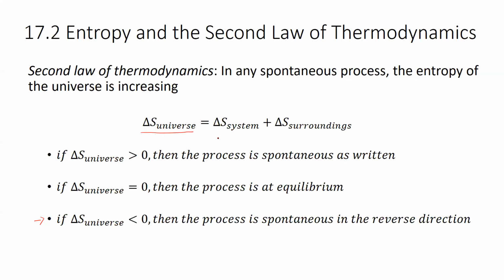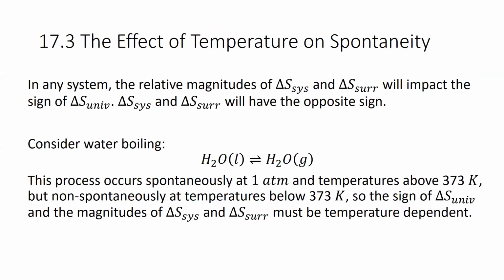And so the entropy change of the universe, all of the entropy out there, is going to equal the system's entropy change that we're interested in, plus the surroundings' entropy change, the everything else besides the system. And as we start to put this together, hopefully it'll make sense how this works. Remember, we're looking at the distribution of energy. So if we think about a system in general and how the entropy change of the system is related to the entropy change of the surroundings, which is related to the entropy change of the universe,